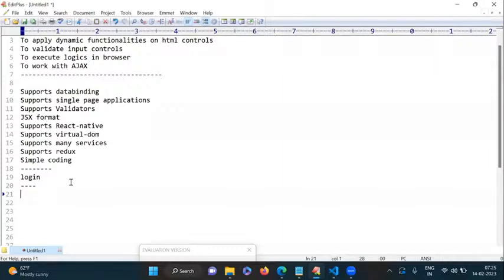So the server side programmer, which type of concepts can he interact with? By using server side scripts, the server side programmer can connect with the database to fetch the data. And in server side script, API services they are creating. Okay, and session management is also working based on server side script. These type of concepts are implemented using server side scripts. Okay, yes. So like that we have both client side script and server side script to develop the applications. As a UI developer, we are working with client side scripts. Now, if we take the example of a login form, where we are using this React JS we are discussing, first of all we have to design